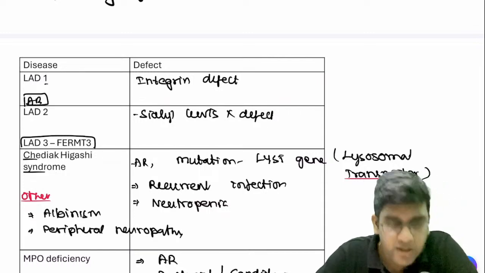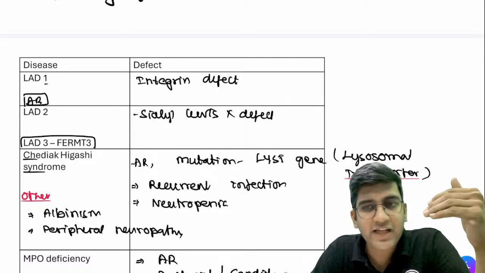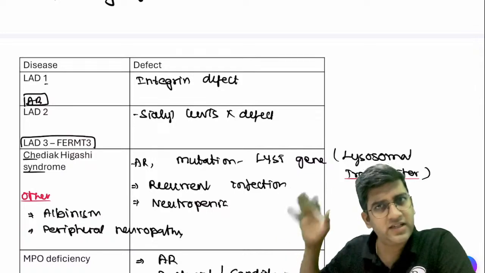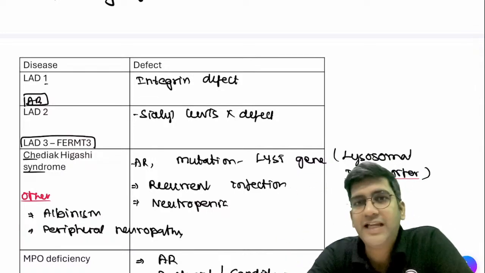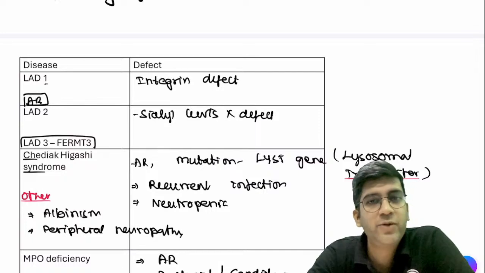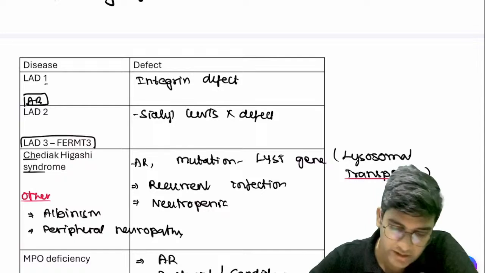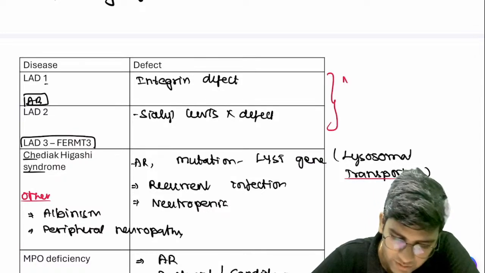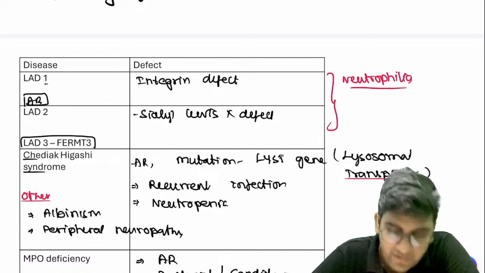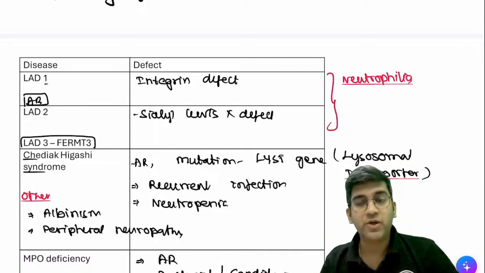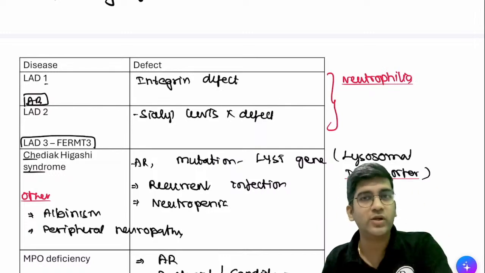Okay. Remember, both of them have a very unique quality in terms of presentation. When I have an immunodeficiency disorder, all these are deficiency disorders, right? What will happen to WBC count? Will it be reduced or will it be elevated? In terms of immunodeficiency disorder, reduced or elevated? It will be reduced. But these both will have neutrophilia. That's common for both. Both of these patients will have increased WBC count, right? Because the cells cannot go outside because of a defect in rolling and adhesion, right?